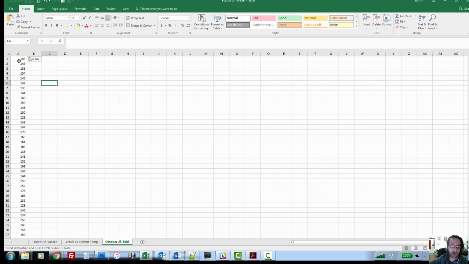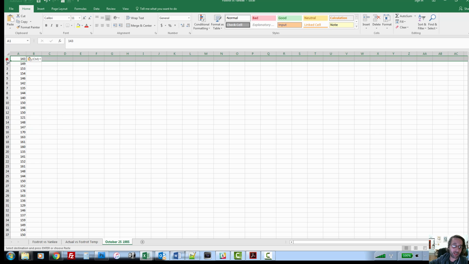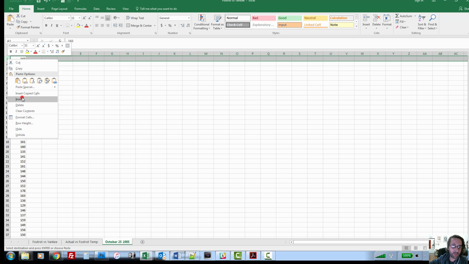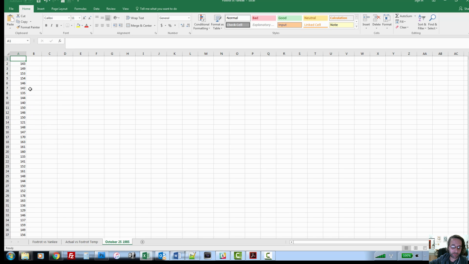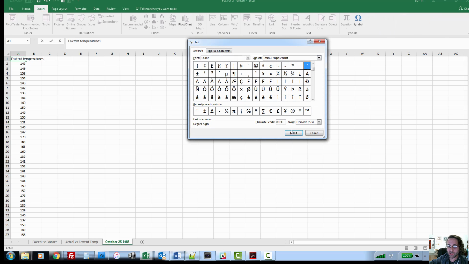All right, so those are temperatures, but those are incorrect temperatures. This is the Foxtrot temperatures, and the last item here, number 6, is going to be to calculate a corrected temperature. So before I do that, let me insert a header row. I'm going to right click on Windows, insert, and this will be Foxtrot temperatures, and that's degrees. So go to my symbols, get a degree,